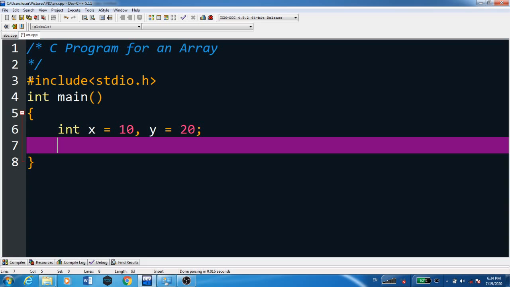And suppose you want to store 100 values, at that time the solution is to go for an array, because going for 100 variables to store 100 values is not a good solution. Hence, the C programming language provides you the concept of array.